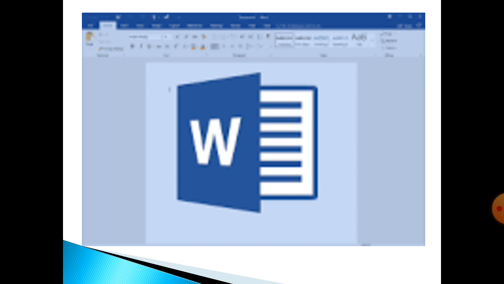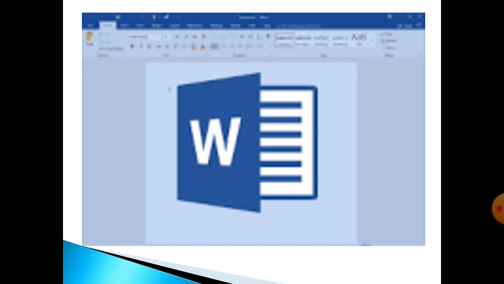Now, you had already done chapter 3, that is word processor, a tabular presentation, where you had learned about how to create a table using the table grid form or using the table dialog box. You had already learned about how to format a table, how to enter data in the table, how to edit a table, if you want to delete rows and columns, if you want to insert some rows and columns,